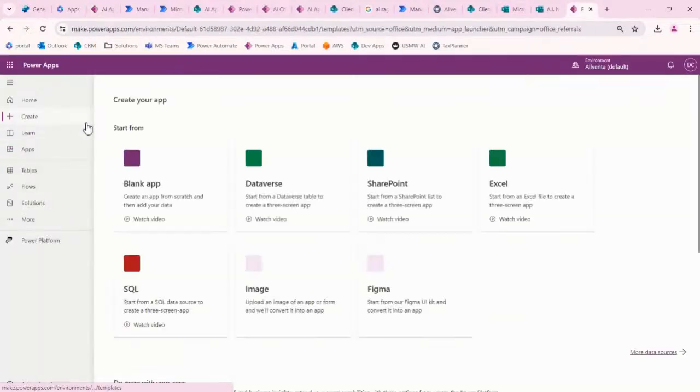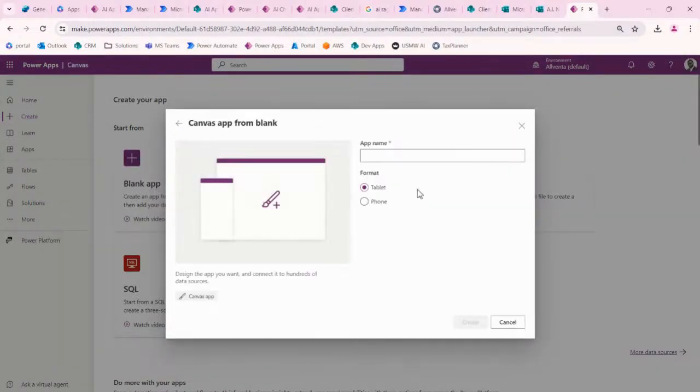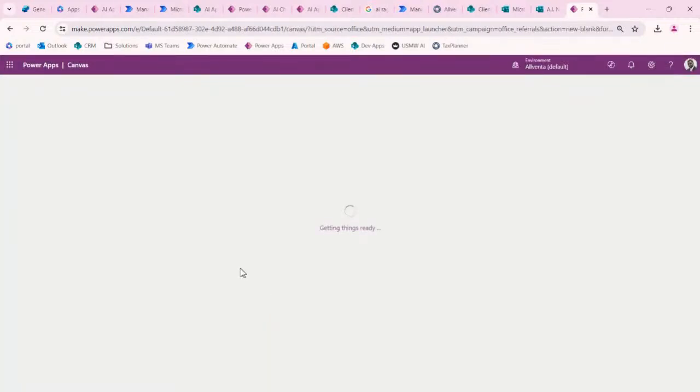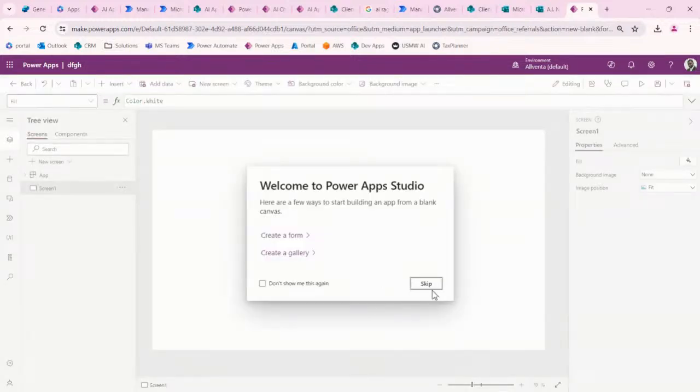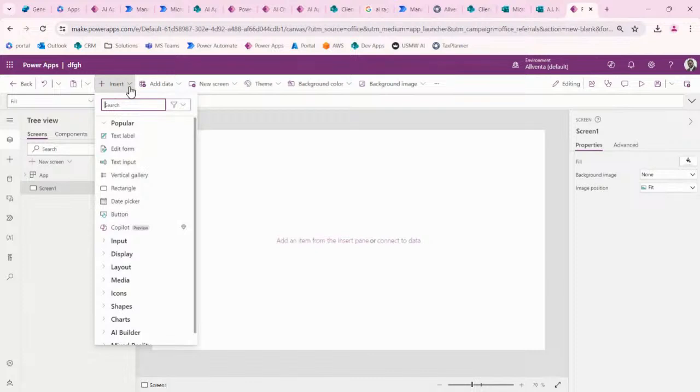So if you go into Create, I just do a blank Power App. Let's just do blank canvas. Let's just do tablet. Let's give it some gibberish name. So this is going to load up. I mean, this technology is super exciting. And we know for a fact that asking questions with AI is much richer than trying to do a keyword